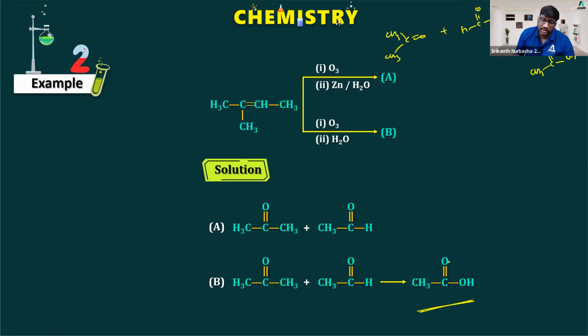This is acetic acid. So acetic acid cannot oxidize to give carbon dioxide, but formic acid can give carbon dioxide. Right? These are very famous reactions. Many times these reactions, ozonolysis, can be combined with another famous reaction. Can anyone remember? Lot of questions we can frame combining ozonolysis and